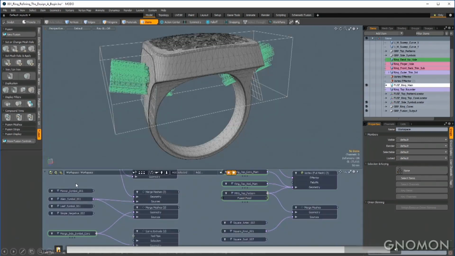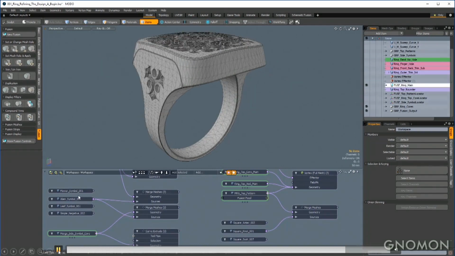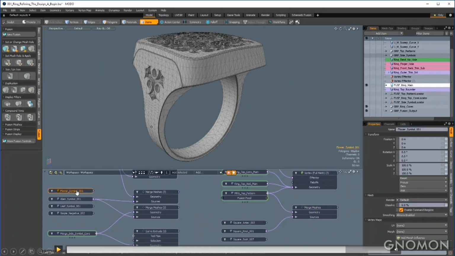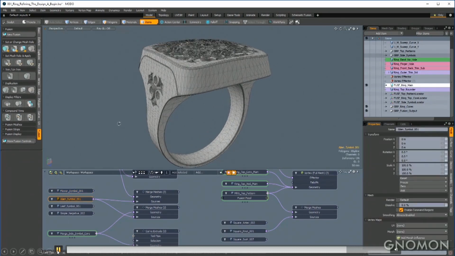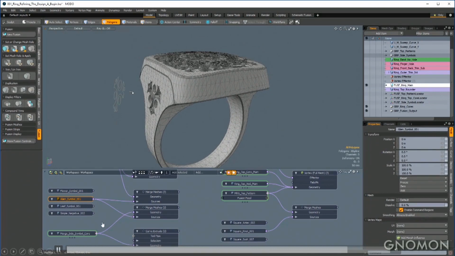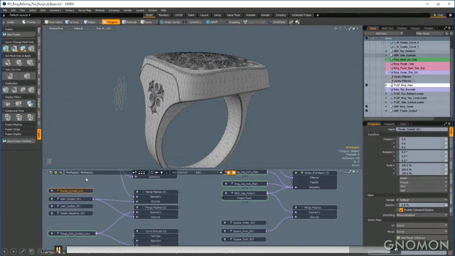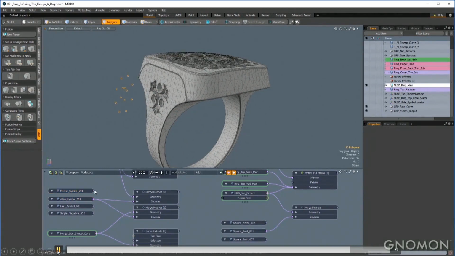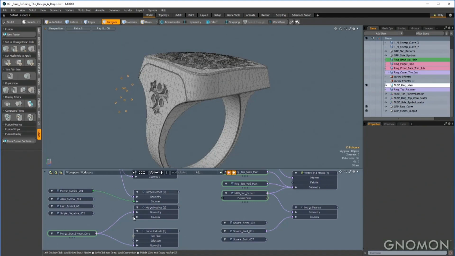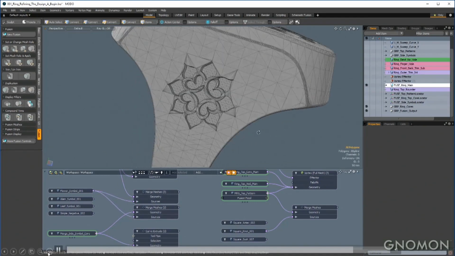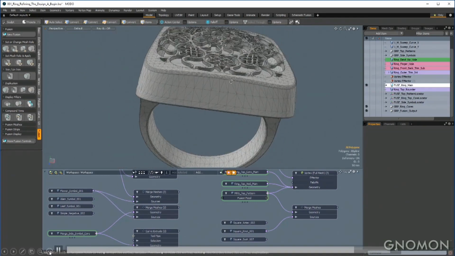So now I'm just showing you a different way to change out the sources. I have the schematic open here. And then this area right here, I have all of my different patterns. At the moment, I have this alien symbol, which is this kind of Y shape with the 3 circles. And that's being fed into the merge meshes. If I want to change it to the flower symbol, like let's say a client doesn't like alien symbols for whatever reason, and they'd rather have a flower symbol, I can just detach or delink the alien symbol from the merge meshes sources, and then just relink the flower symbol, and you'll see that it kind of pops in there.